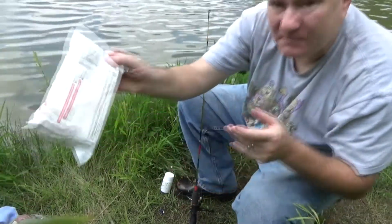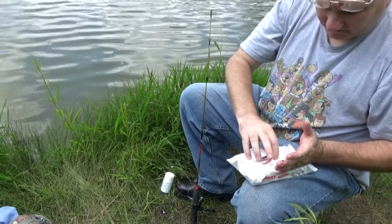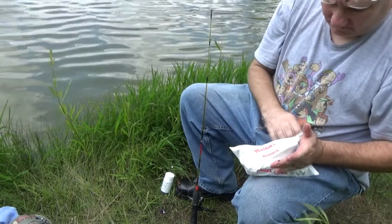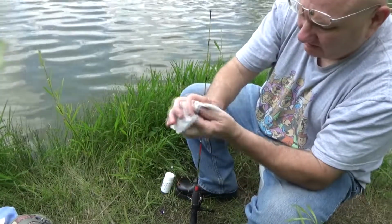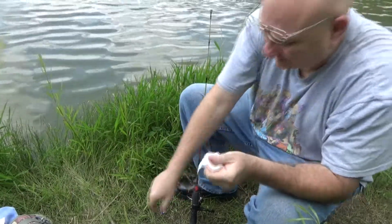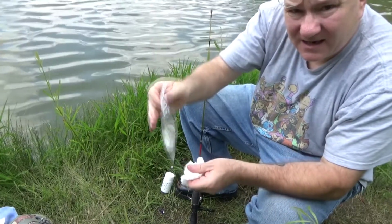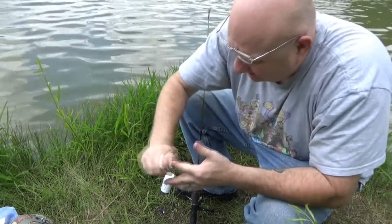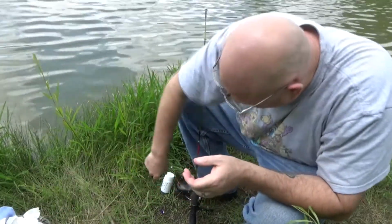Now, I did bring wet wipes out with me today. So what I'm going to do is, when I'm done using them, I'll just stick them in the baggie that had the fish in it, so I can haul these out, make sure I don't make a mess. So anyway,